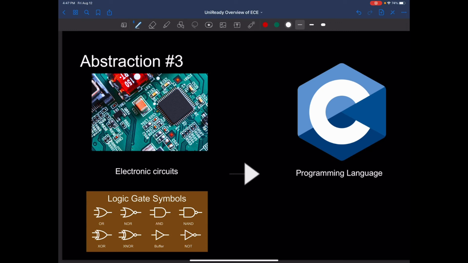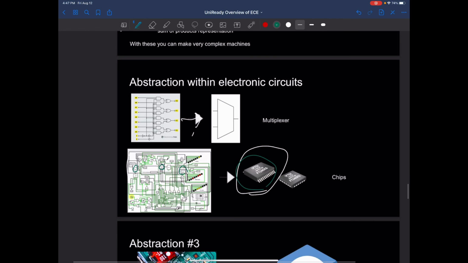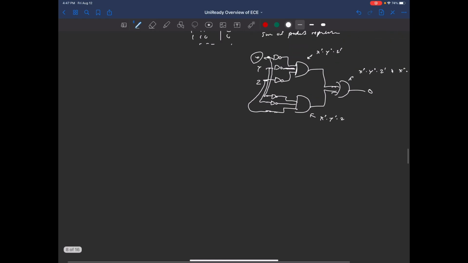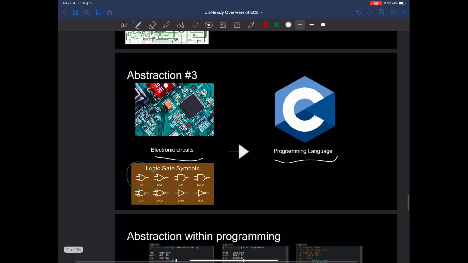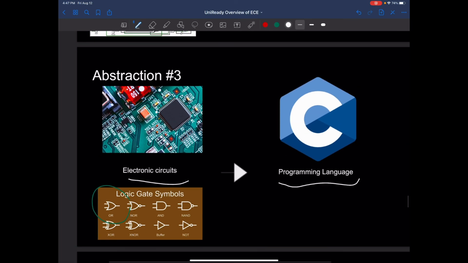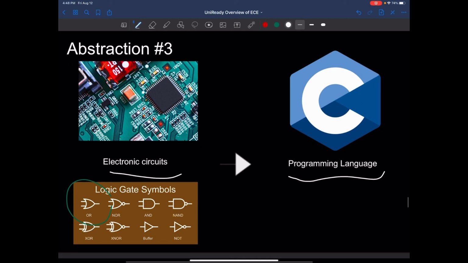Now, the next abstraction is from electronic circuits to some programming languages. So, usually people don't program using these logic gates, right? They don't program using multiplexers, they don't program using the sum of products representation. They program using actual programming languages. And these programming languages can be things like assembly, C, Python, Java, whatever, right? And usually this abstraction